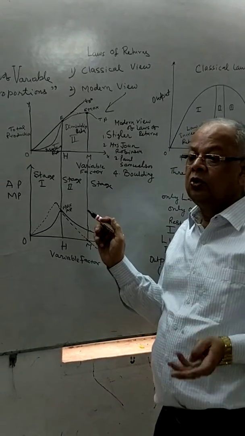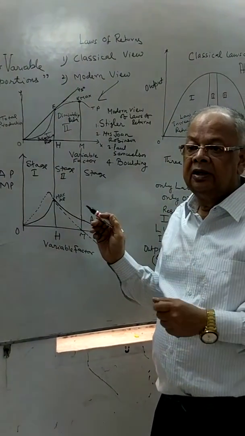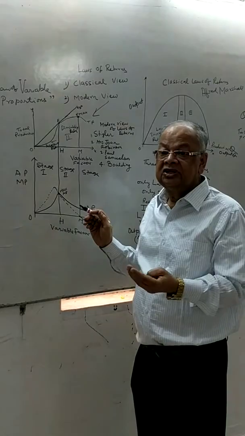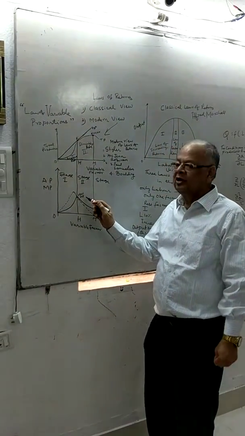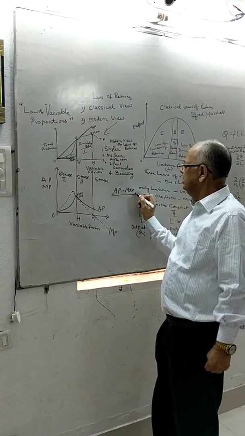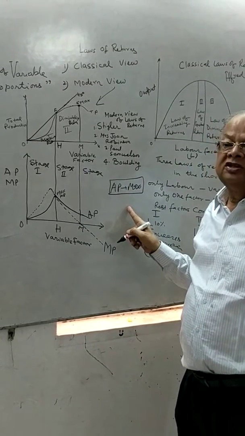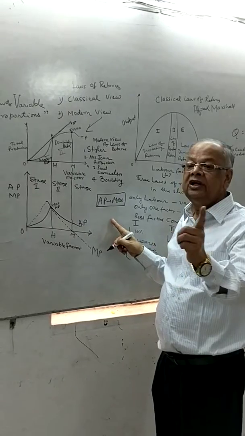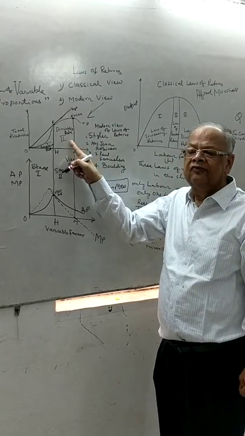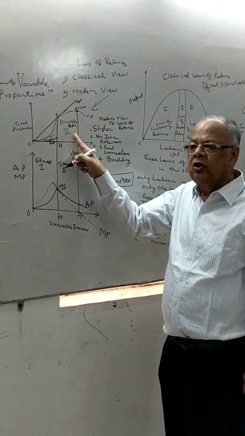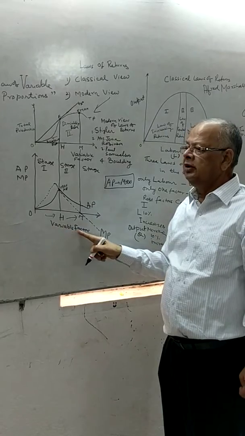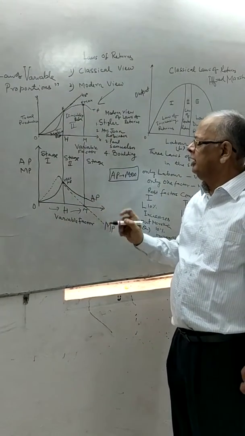So if someone asks you what is the signal that there is the end of increasing returns, or the start of diminishing returns, the signal is average production. When average production is maximized, this is the signal that the producer must be conscious that there is the end of increasing returns and a starting of diminishing returns in the firm. But he will increase production and he will increase employment till